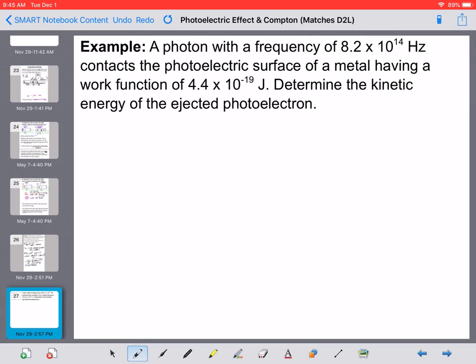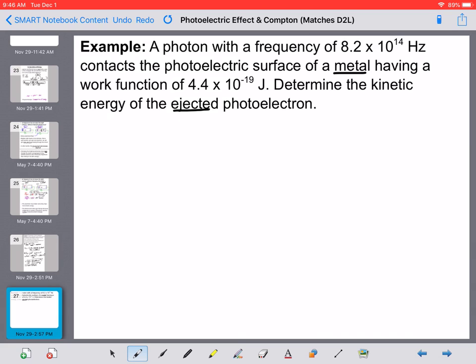Okay, next one. So a photon with a frequency of 8.2 times 10 to the 14 hertz contacts the photoelectric surface of a metal having a work function of 4.4 times 10 to the negative 19 joules. Determine the kinetic energy of the ejected photoelectron. So a photoelectron is just an electron. This is just a fancy way of saying photons are hitting a metal, electrons are being freed, find the kinetic